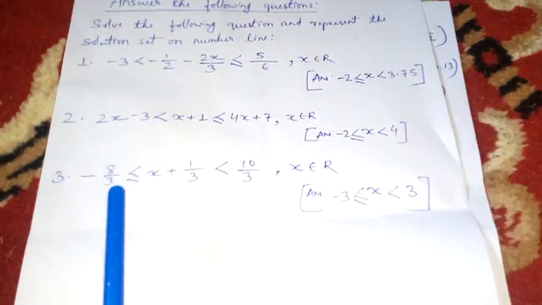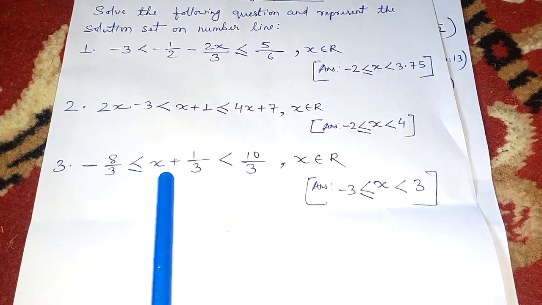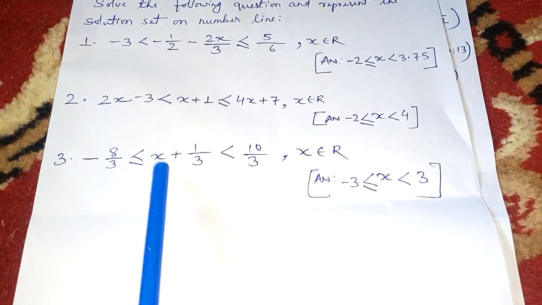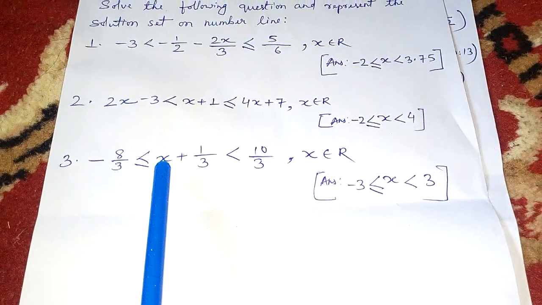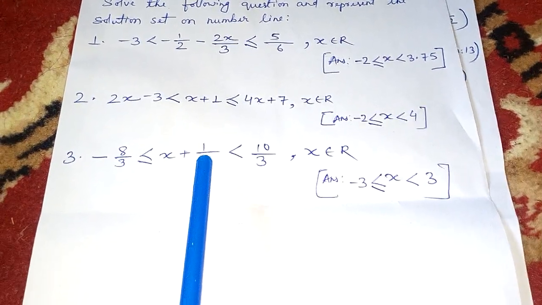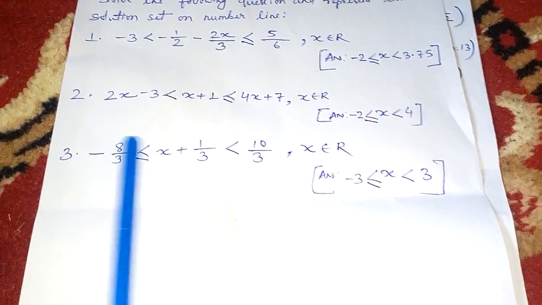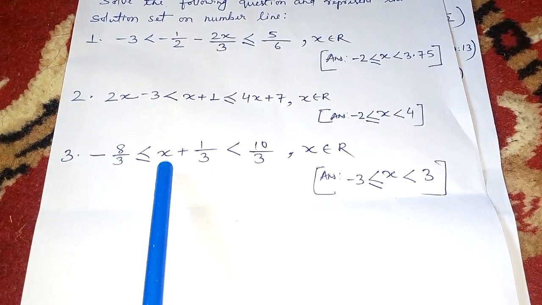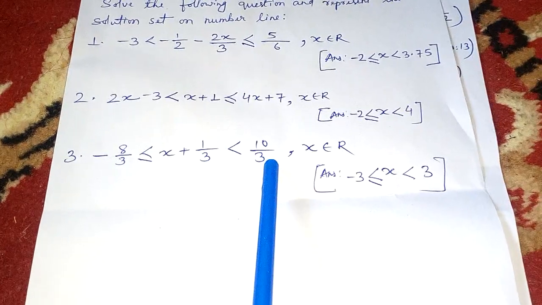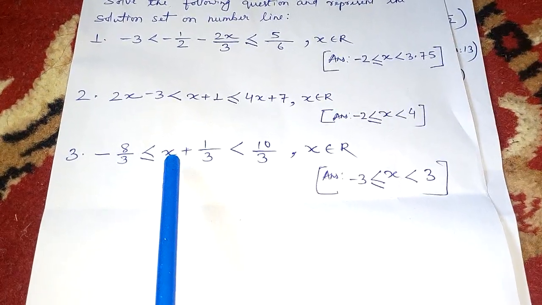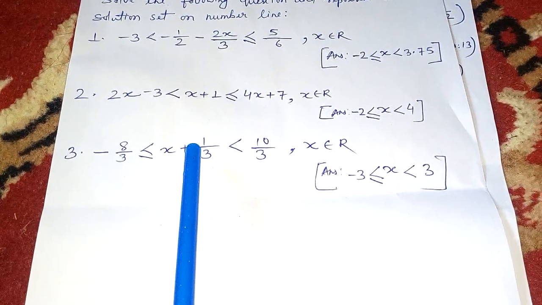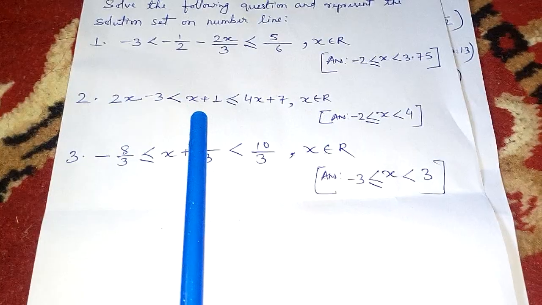And in question number 3, as there is only a single x, no x on this side, and it is in positive form, let this x be in the same place, don't change it in case 1. Better you shift plus 1 by 3 from the right hand side to the left hand side, and let the x be in the same place. And in case 2 also, as it is positive and there is no x on this side, keep this x plus 1 by 3 as x in the same place and shift plus 1 by 3 to the right hand side.